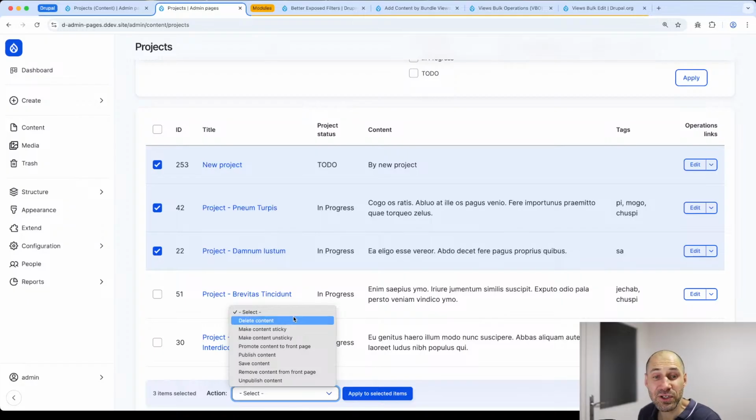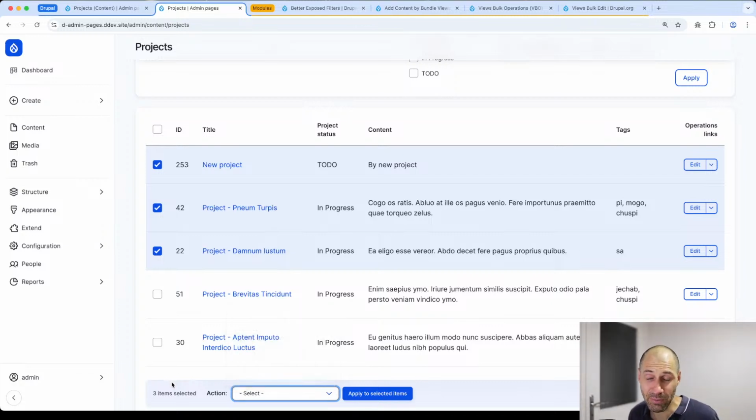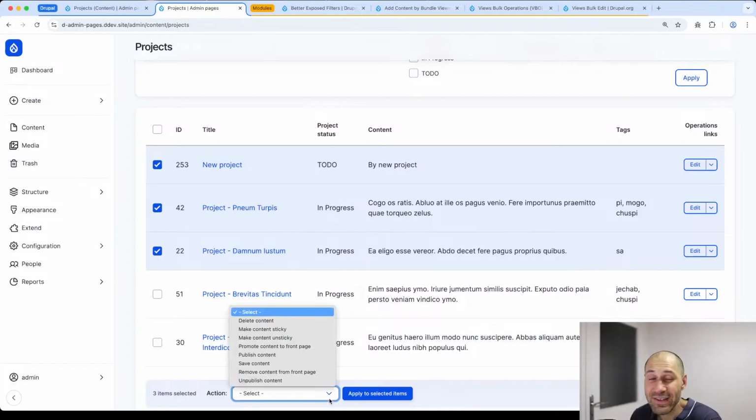Now, the concept of publishing and unpublishing in this example doesn't really work because we don't really care if the content's published or unpublished because it's just a project content. But one thing I would like to set up is the ability to update field values. Now, unfortunately, you can't do that using this node bulk operations. What you need to do